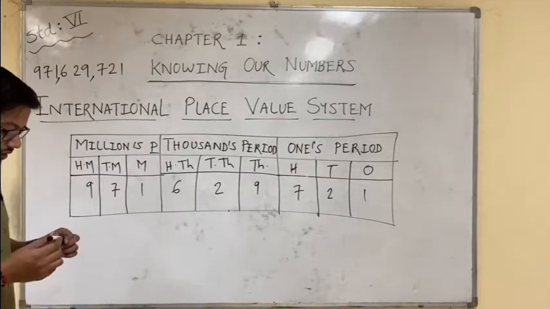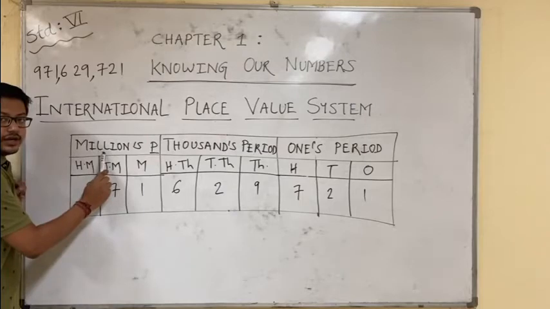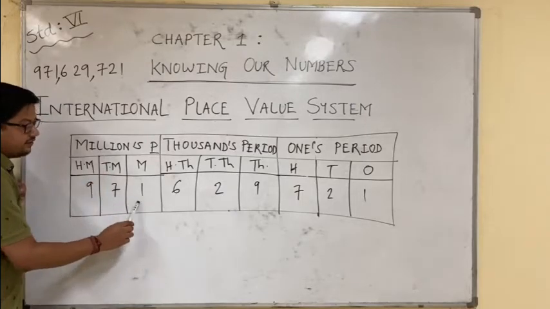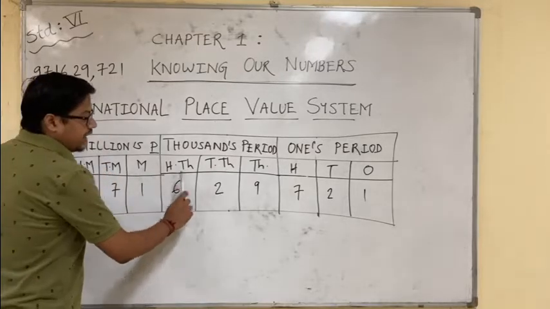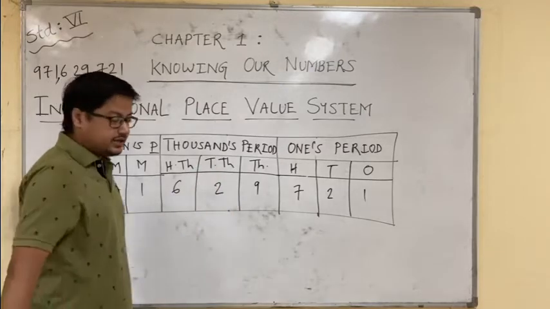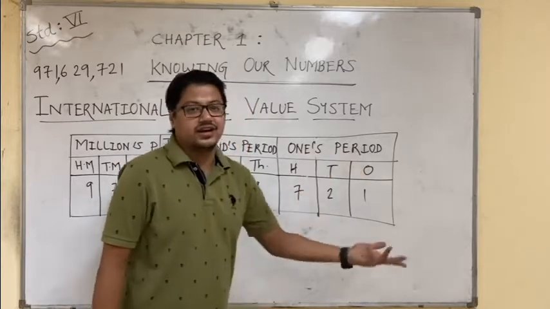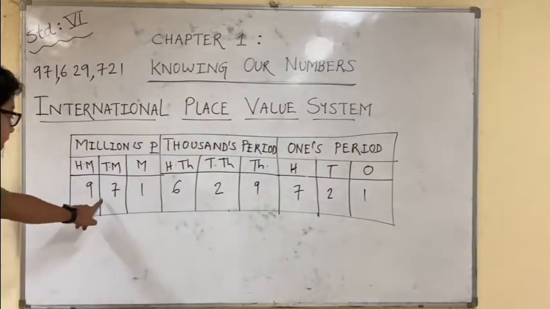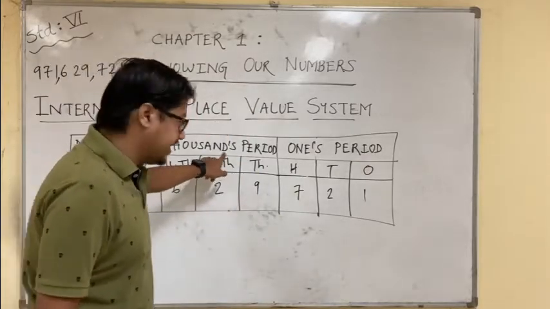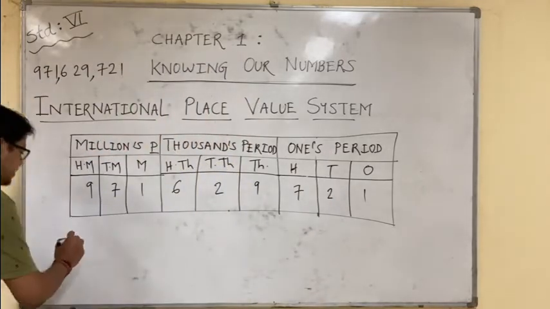721. Now how will we write the number name? Please pay attention. In millions period 3 numbers are there. So how will we read? 971 million. In thousands period we have 3 numbers: 629 thousand, 721, and we know from 5th standard we do not say the period name for the ones period. I repeat once more, 971,629,721. So we will write the number name here, students.